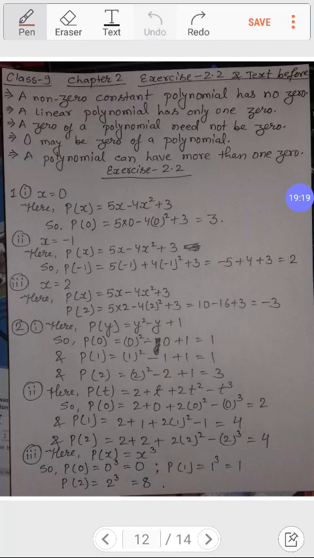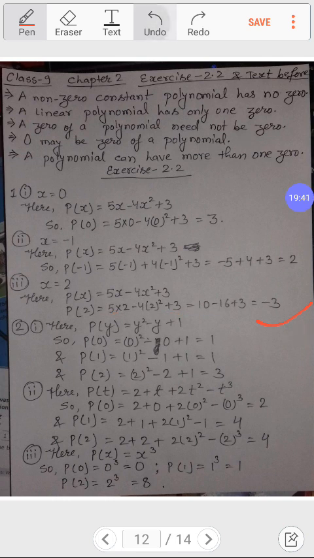You can see in this way you can be finding the value by keeping in place of x the numbers. Okay,